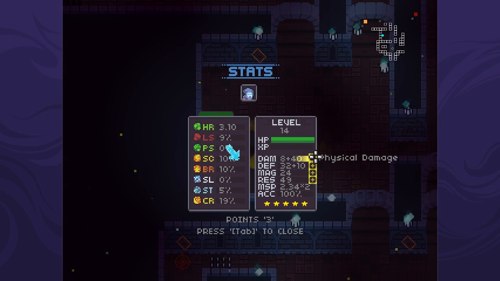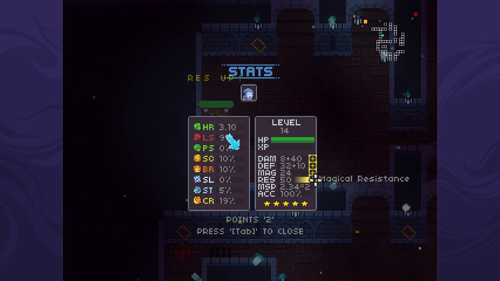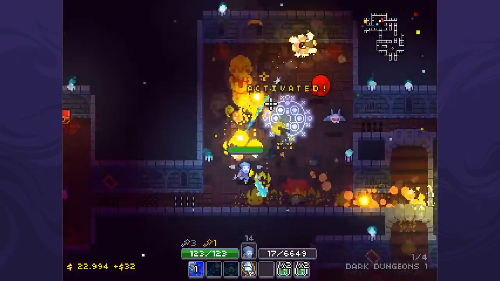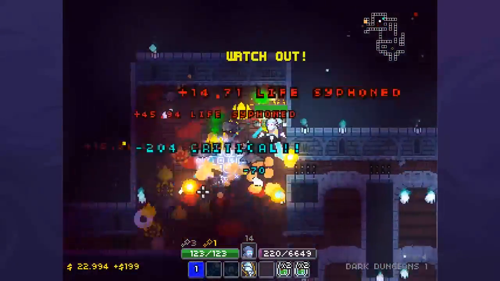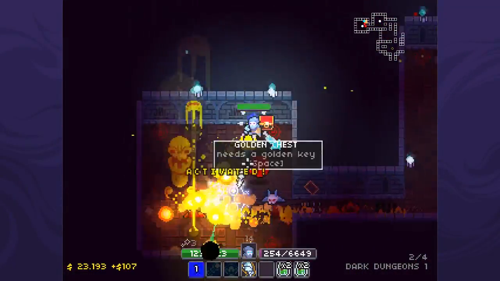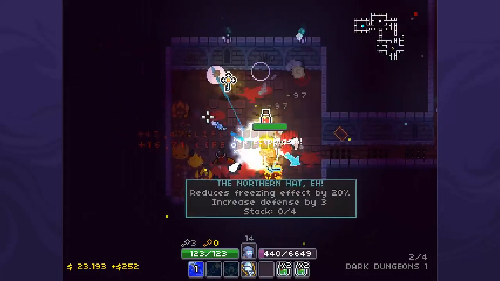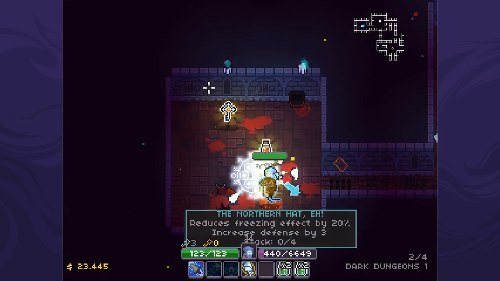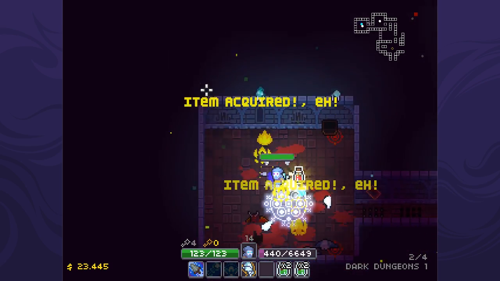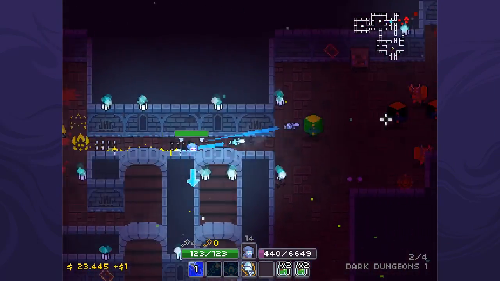Alright, so we beat the final boss. We're the most overpowered that ever did overpower. I think I'm probably just gonna throw my points into resistance. Gee, now what? Okay, I haven't seen this before. The Northern Hat A. Reduces freezing effect, increases defense. Is there a whole new item pool, or...